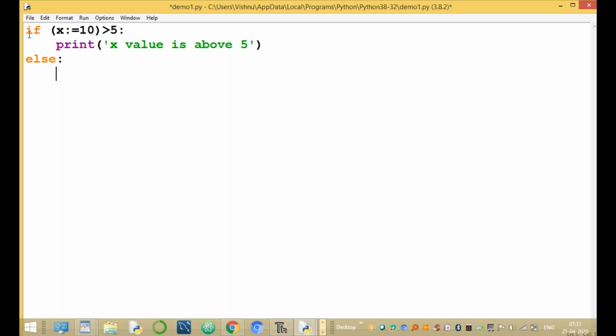Else, print x value is below 5. Clear, guys? Clear?